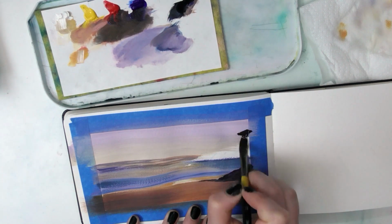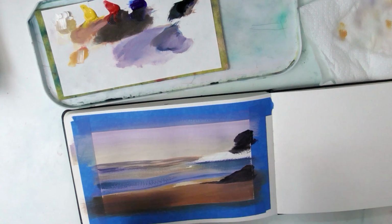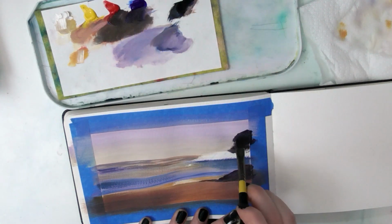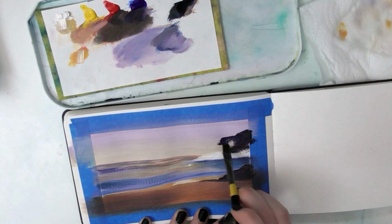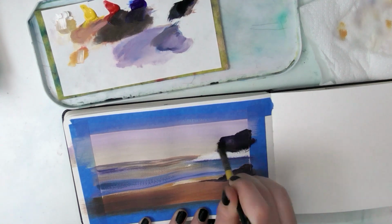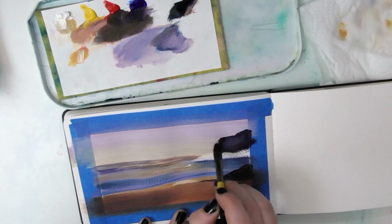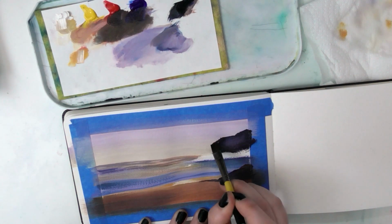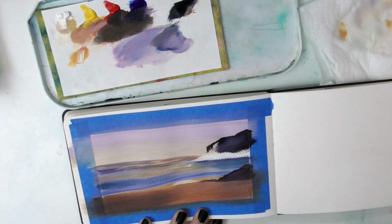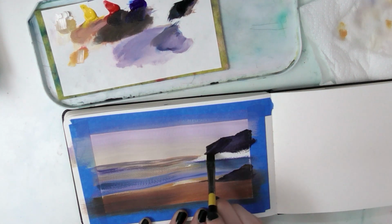I'm actually currently trying to practice doing that a little bit more. Layering is great, but I also love the look when you're placing colors next to each other and letting the viewer's eye do more of the work. So perhaps you would call it more of a broken color technique, and it just has a totally different look to it. I think it's really magical, especially for studies, because you usually have much less time when you're doing a study, especially outside. And that kind of technique really lends itself well to doing plein air paintings,